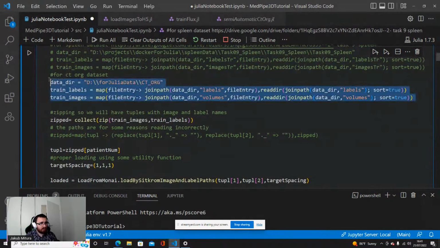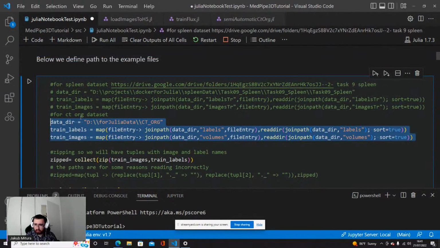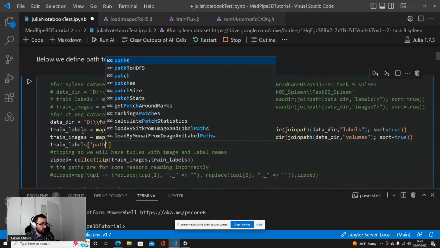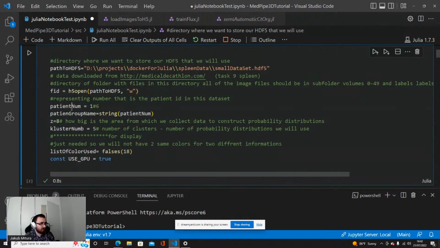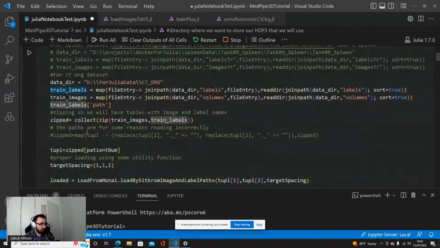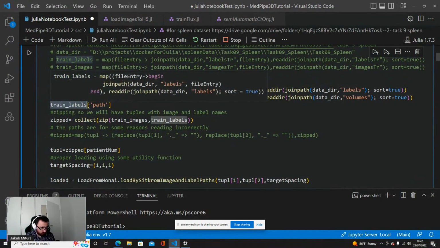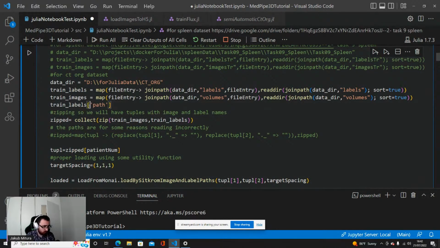Here we are just collecting the paths to the data. Basically, it's just important that you have it here. If you want, you can even just copy and paste it. If you get the train labels like this, you will get here the path for patient number 1, and you have just a single path here, it will be okay.